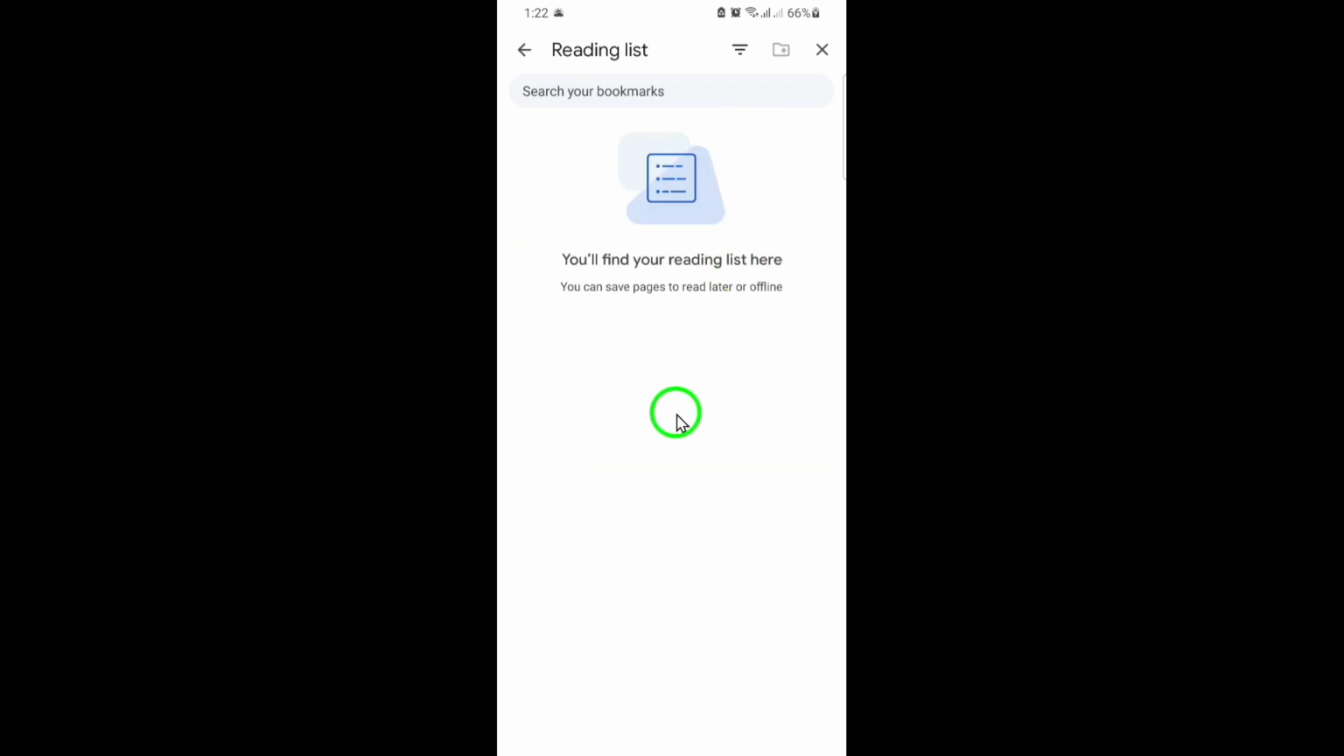Each item is neatly organized, making it easy to pick up where you left off or remove items you've finished reading. If you haven't added anything yet, Chrome will prompt you to start saving pages for later. The reading list is a fantastic way to declutter your open tabs and keep track of content that matters to you. Whether you're researching for work, studying, or just saving recipes and news stories, this feature helps you stay organized